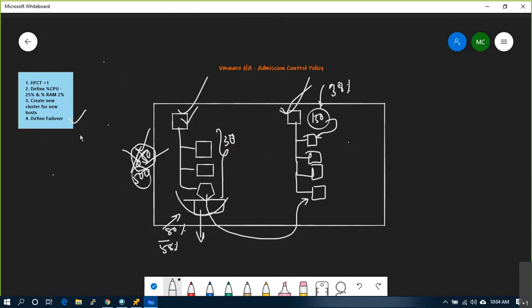Failover host means you will have 63 hosts in production, and the 64th host will be sitting idle for 365 days. Not even a single virtual machine will run on that particular host. It will be in powered on state. It will send the heartbeat to the master every time, but it will not do anything. It will sit idle and wait for HA to happen. HA to happen means whenever there is a failure, HA will work.